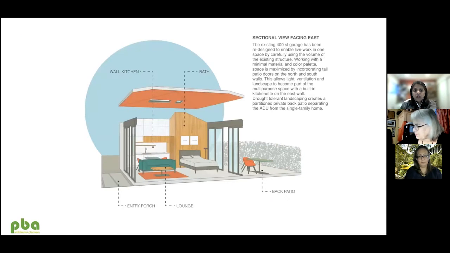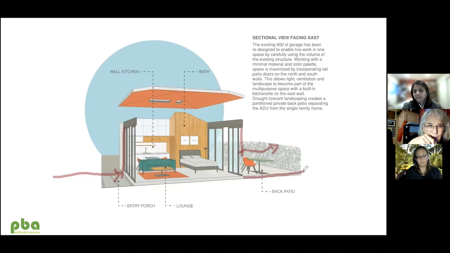And so I'll quickly show you what we did here. This is sort of visualizing, bringing to the table what the client really wanted. So here we took that garage, and it's a normal 20-foot by 20-foot garage. And we put in tall patio doors as the entrance. And we put in tall patio doors again, so that there was a link to the outside and a little back patio, a private back patio for the mother.